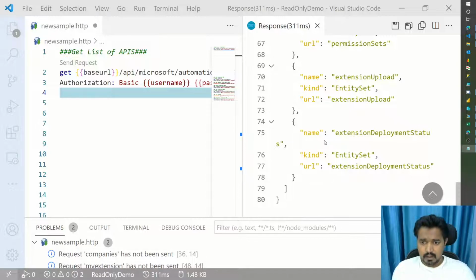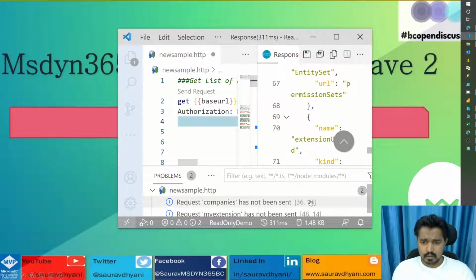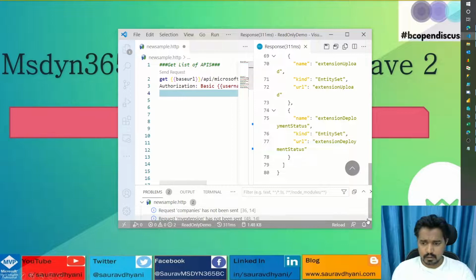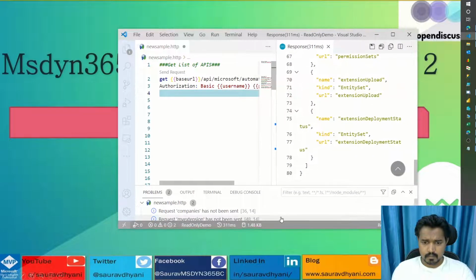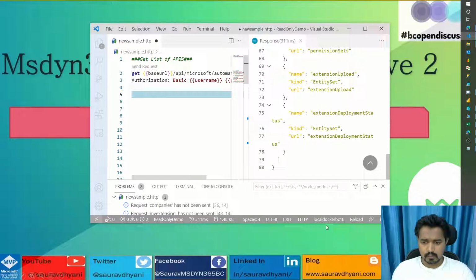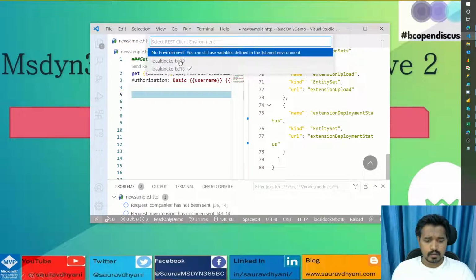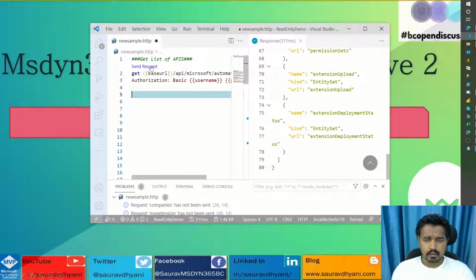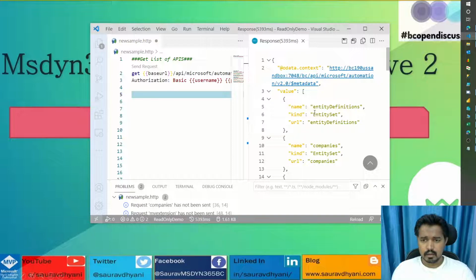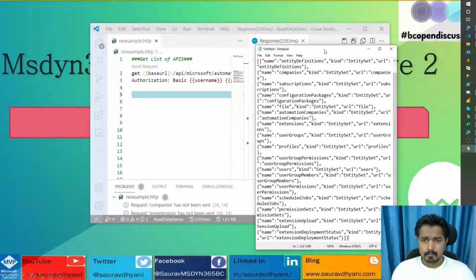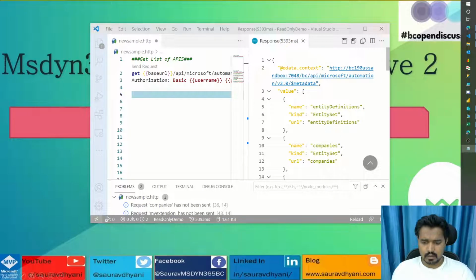Okay. Now let's try to switch to Business Central 19, which I can do from here, as I've already set it up. I'll change it to Business Central 19 and I'll rerun this. Once I run this, it'll show me all the automation APIs which are available with Business Central 19. Here it is. And I'll do the same action of copying the response body and pasting it into a new notepad, which is this, and save this as Business Central